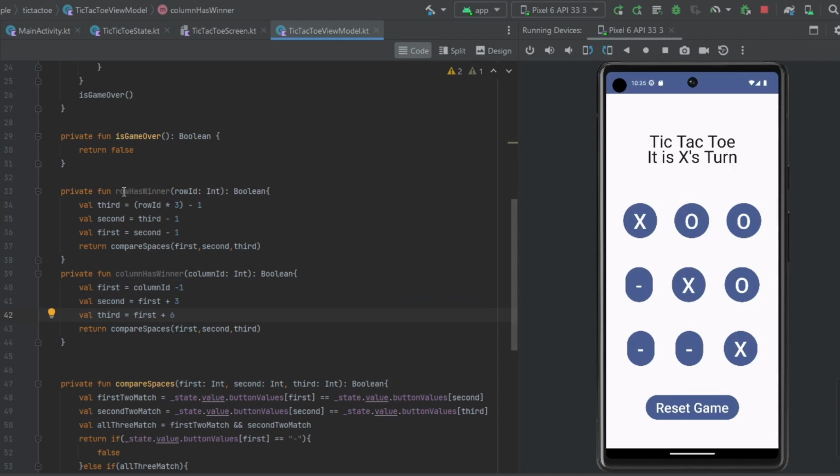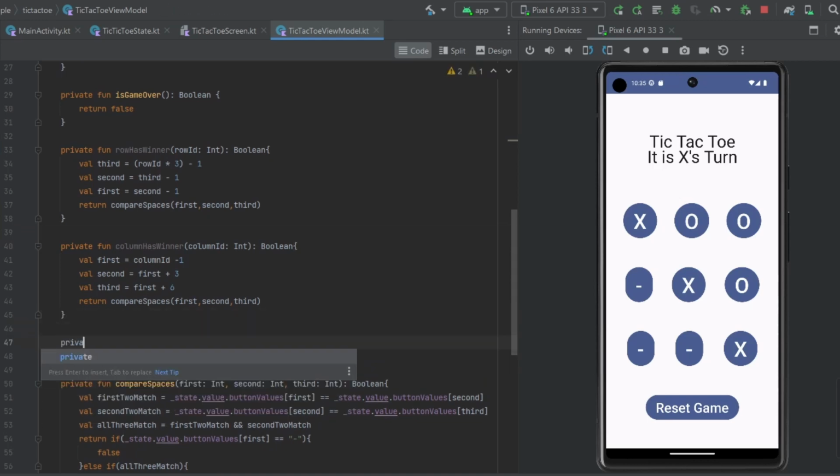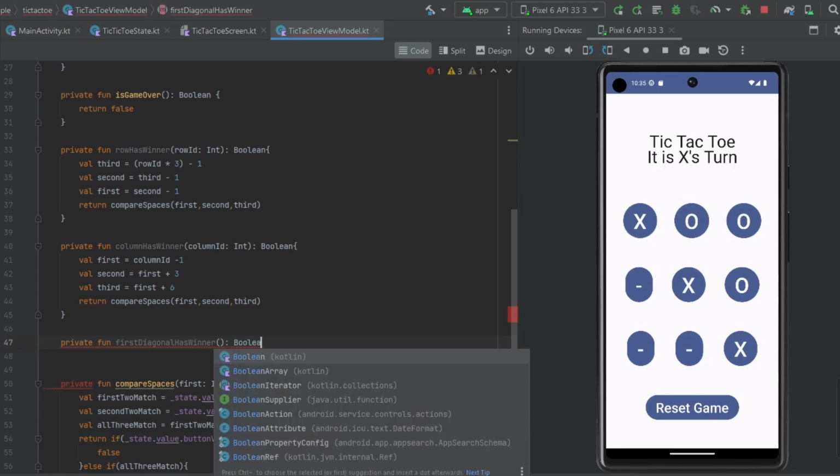But now we have our rows and our columns accounted for, but we need a function down here as well to check our diagonals. And I don't really have a neat mathematical way to do that. Maybe there is one if I sat down and thought about this a little more, but I'm not going to. All I'm going to do is I'm going to say diagonal has winner, Boolean,